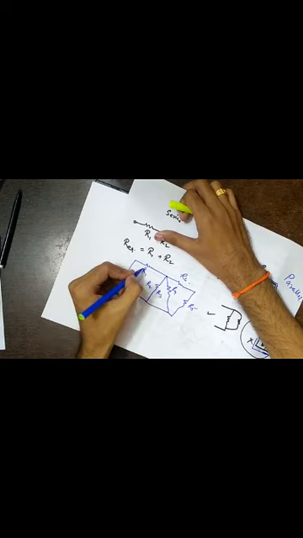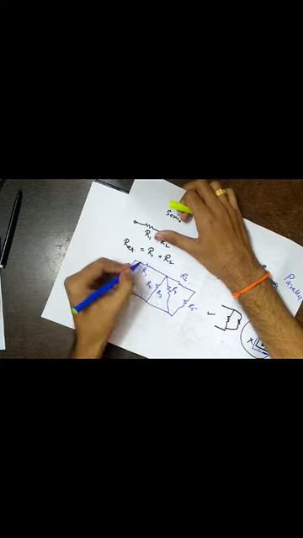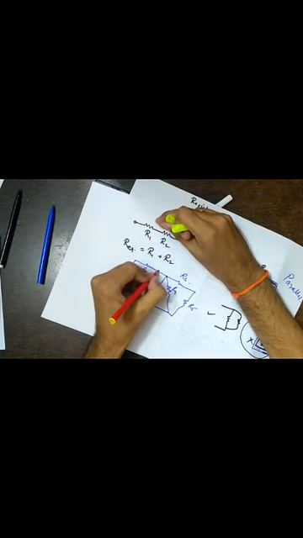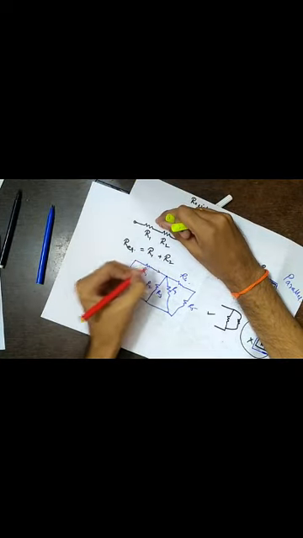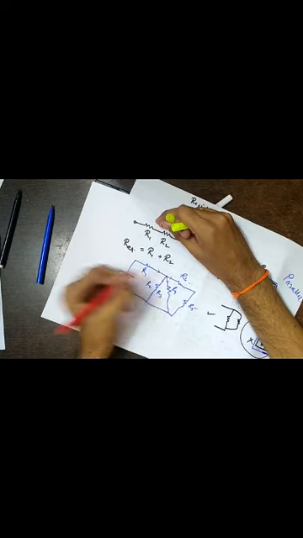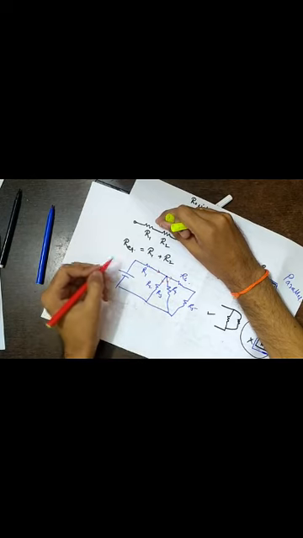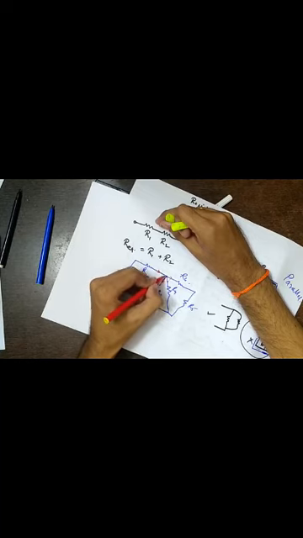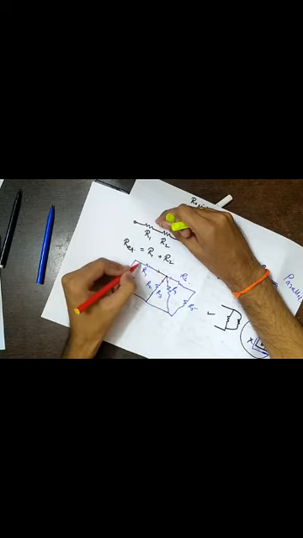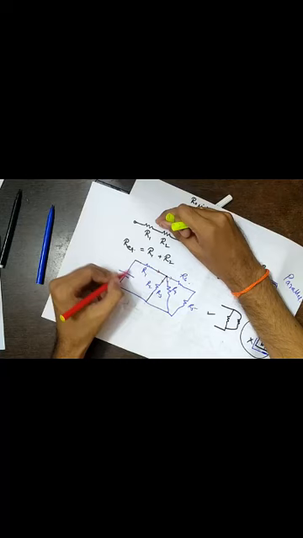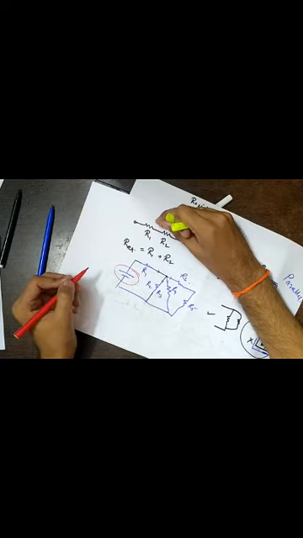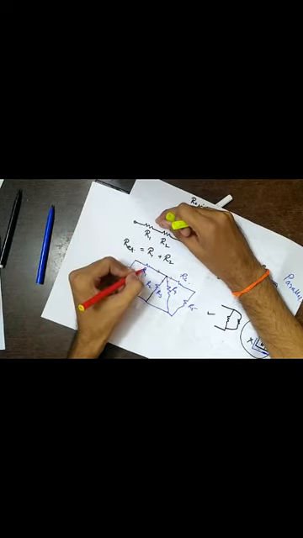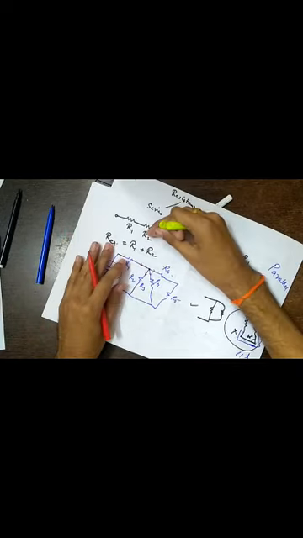So what can I say about R1 and R2? Are they in series? Let's see. If a current is coming from here, it will obviously get divided here. So the same current is not flowing, so they are not in series. Are they in parallel? This terminal is connected to one common point. What about the other terminals? They are not connected to a common point, right? They are separated by a voltage source. So they are neither in series nor in parallel. So this might be the case that the resistors are neither in series nor in parallel.